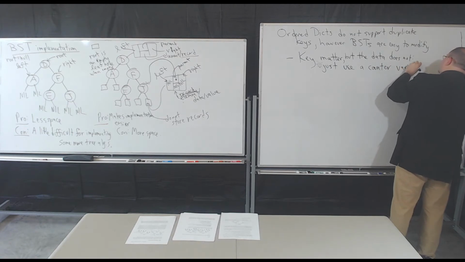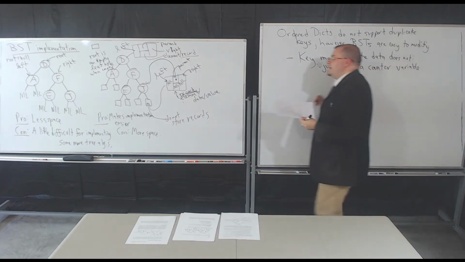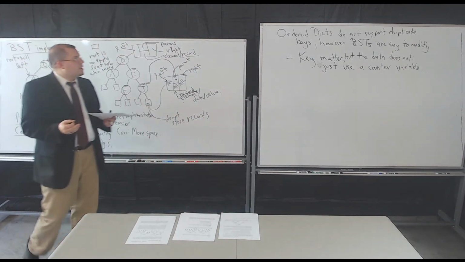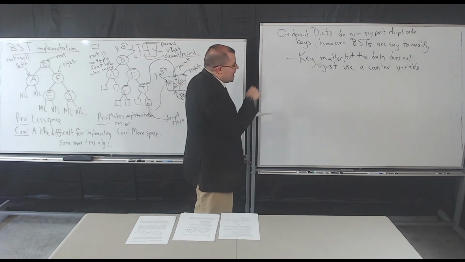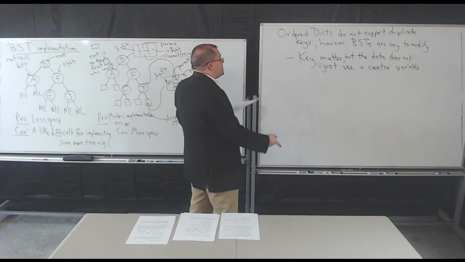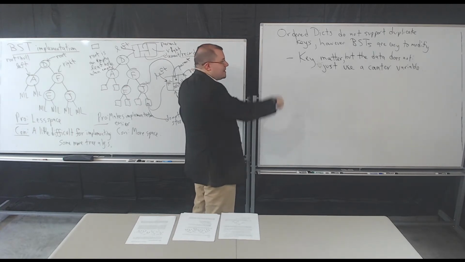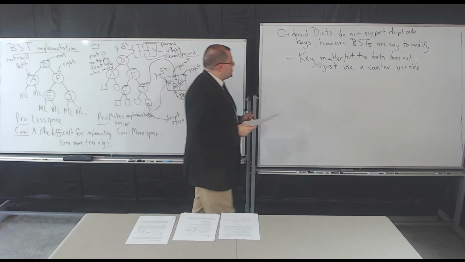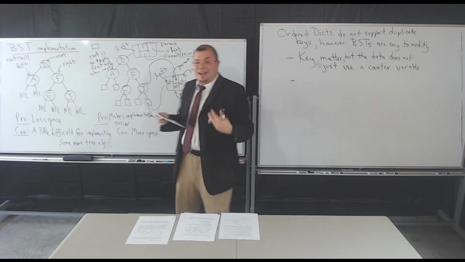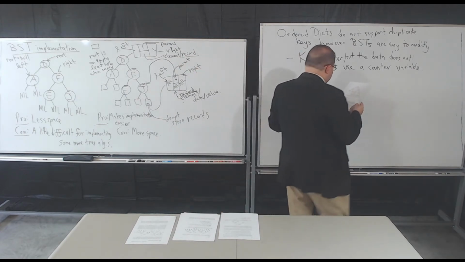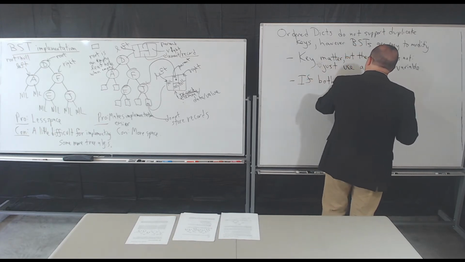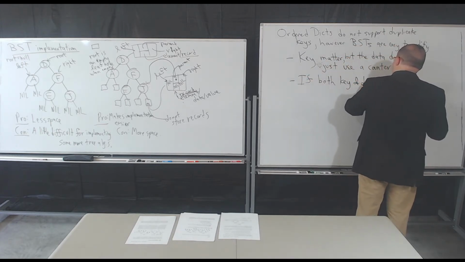So in each one of your nodes, you keep track of a counter, and whenever you remove a node, you wouldn't entirely delete the node if it doesn't have a counter that's set to 0. But when you put things in, if you get a duplicate, instead of reporting an error, you would increment the counter variable, okay? So if the keys matter but the data doesn't, you can just use a counter, because I just care that I have that key occurring again. So if both key and data matter,